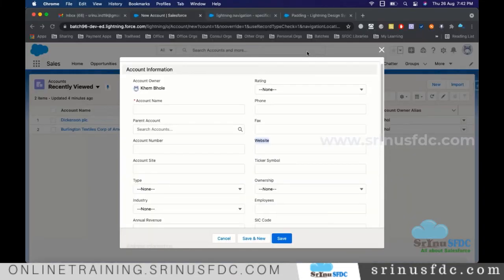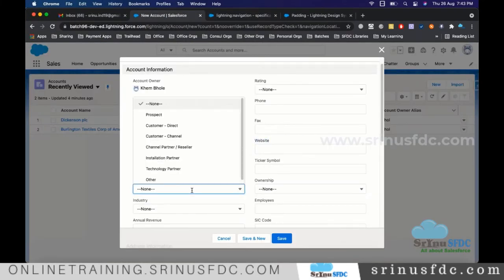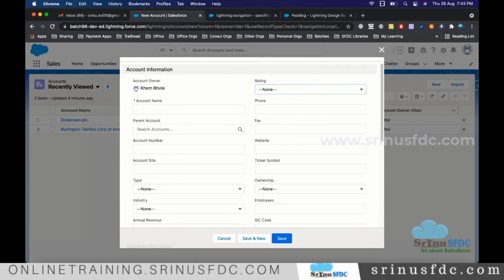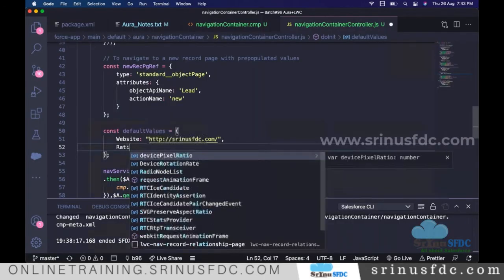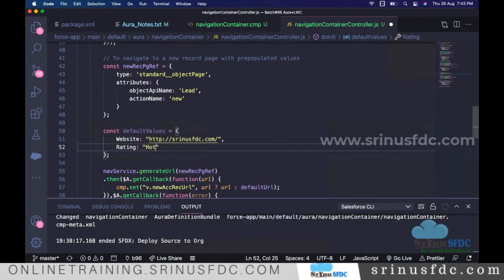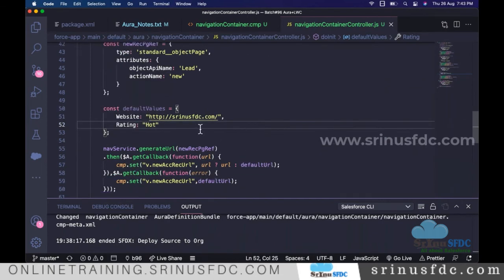So like that, whatever you want to pre-populate, maybe type, maybe rating I'll keep as hot. So let's say I'm giving these two values to pre-populate. And also when you are pre-populating, there is one tag we have, page reference utils. Some tag will be there. So through that only we can